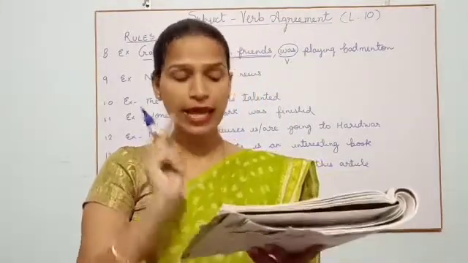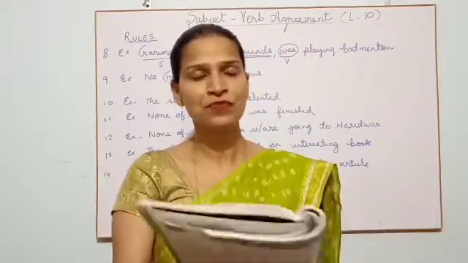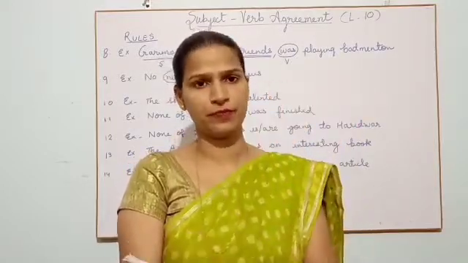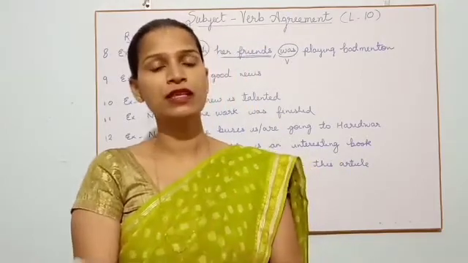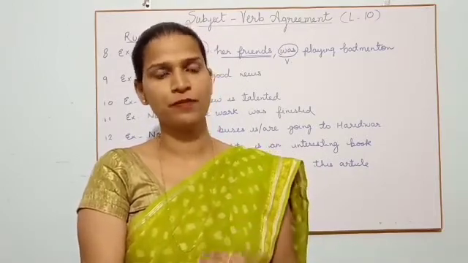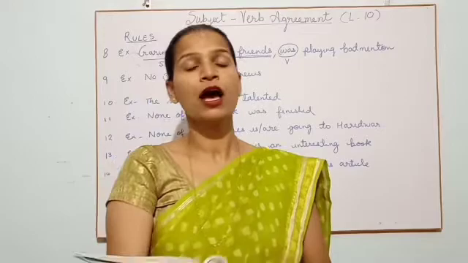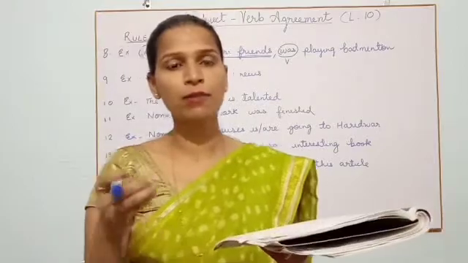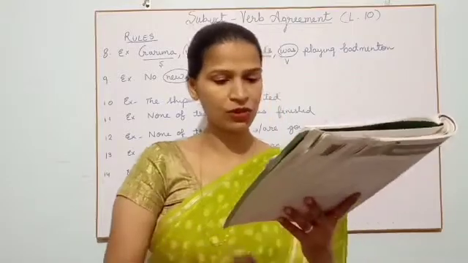A collective noun takes a singular verb when the group is considered as a single unit. We have always learned this thing. With the collective noun, we go with a singular verb. Isn't it? We always take a singular verb with the collective noun. Bunch, that is a collective noun. Bunch of grapes is on the table. Isn't it? That way we go. But here it says a different thing. You can even use a plural with the collective noun. In which cases? We will have a look here.